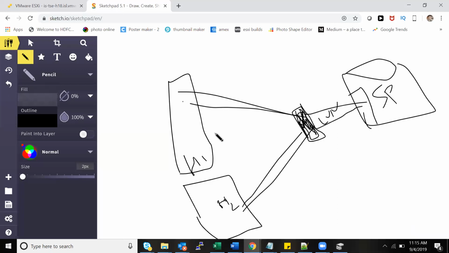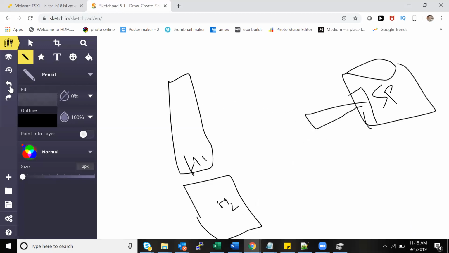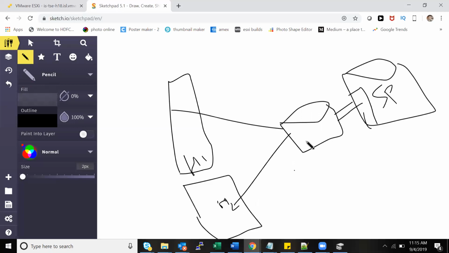So the data store will be in front of the LUN. When you create a data store, it will be created in front of this on the LUN. Now this data store is again common for both of them. So this is the VMFS file system. This is the LUN, which is coming from the underlying storage. Now this is common because you have presented this LUN to both of them. This VMFS data store is also available for both the hosts. Okay. Is it clear?